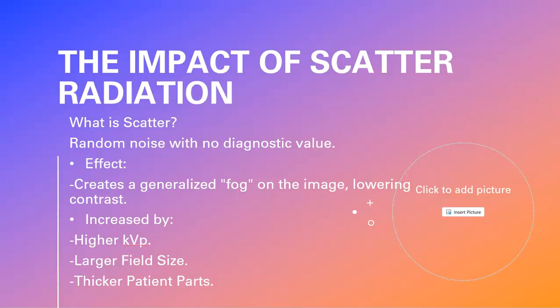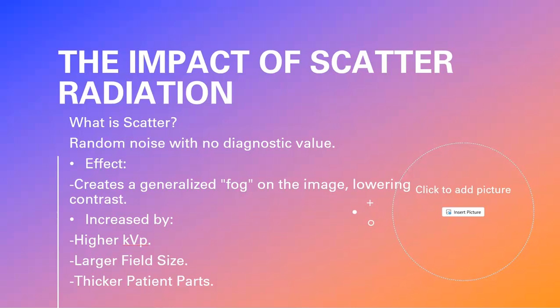Now, we must address the noise in our signal, scatter radiation. Scatter is essentially random radiation that has no diagnostic value. It doesn't tell us anything about the anatomy it passed through. Think of it like trying to take a clear photograph through a thick, heavy fog. The scatter creates a generalized graying out of the image, which we call radiation fog, and this significantly lowers our